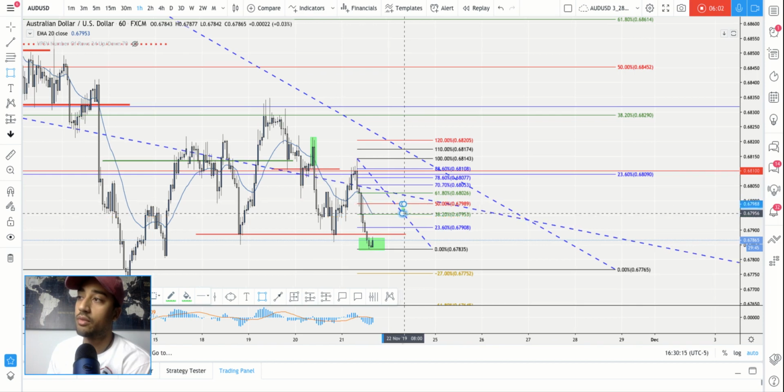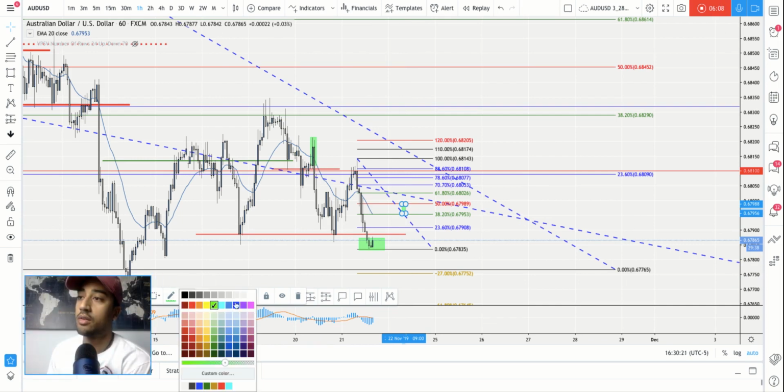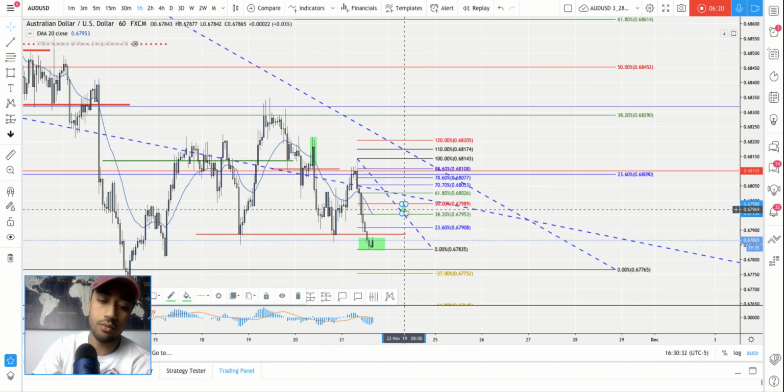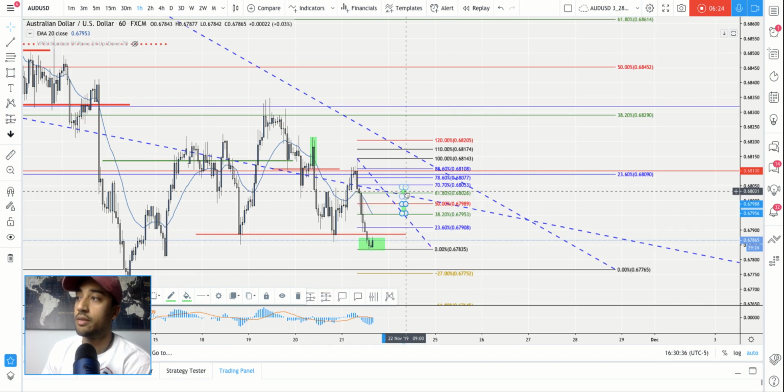So I'm going to be looking for, what the heck are they doing up there? I don't know what the heck these people are doing up there. I don't even know if you guys can hear this, but